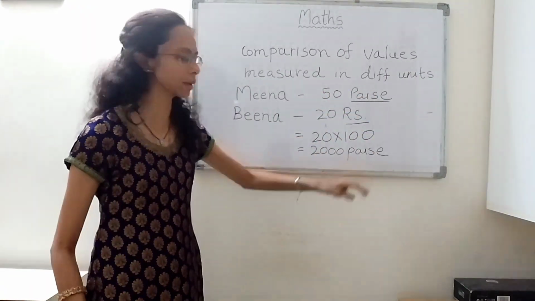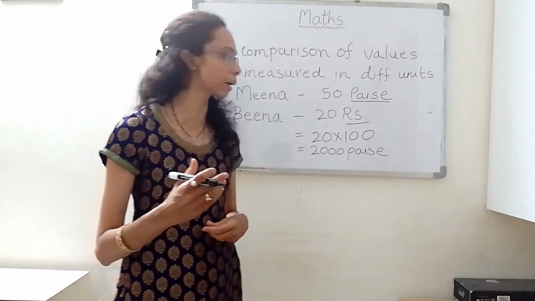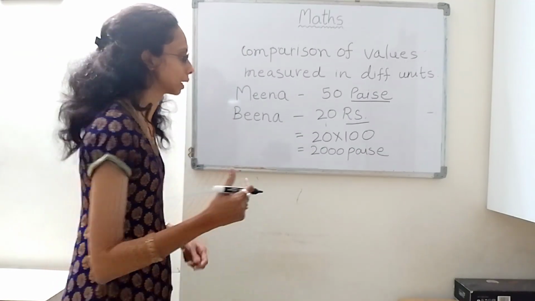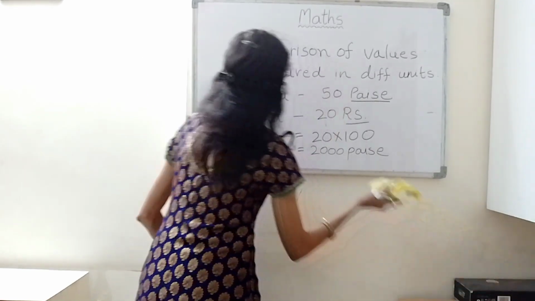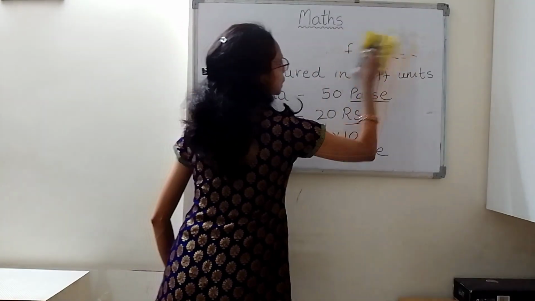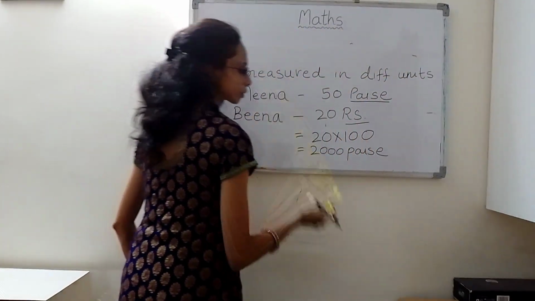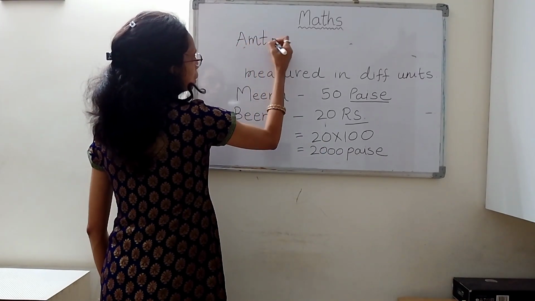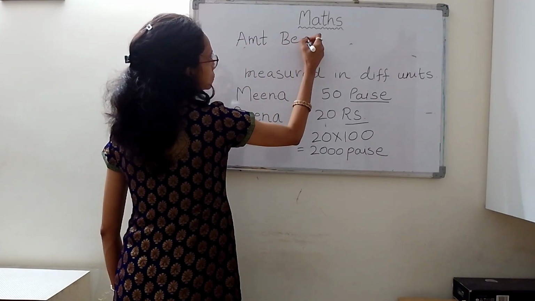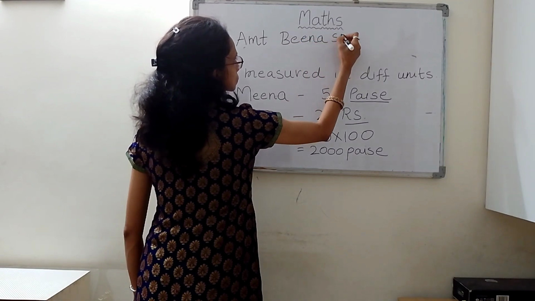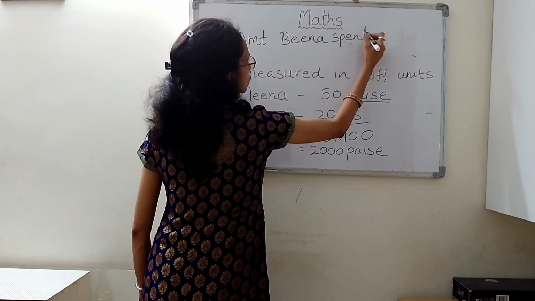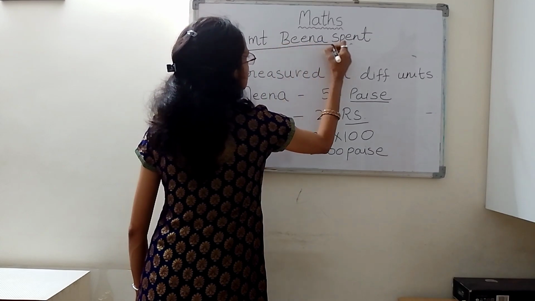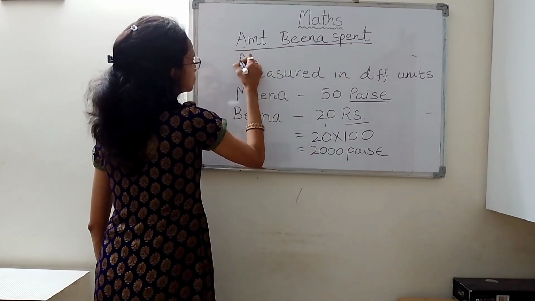The units are the same, so we can easily compare them by dividing. So the ratio of the amount Beena spent to the amount Meena spent